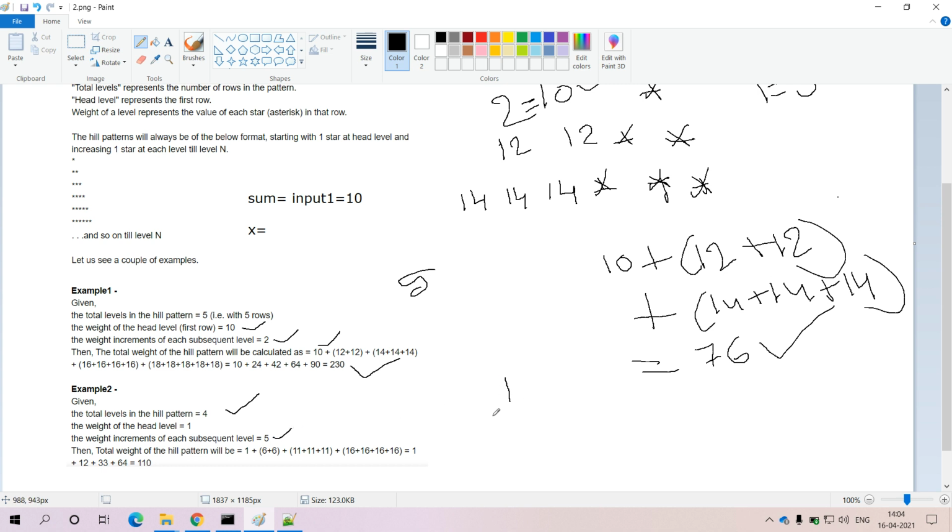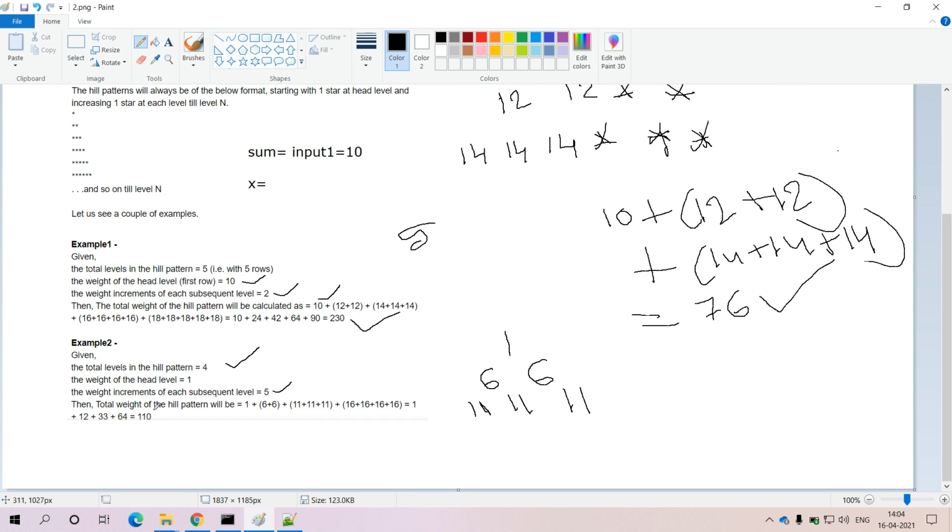From the second level onwards, in the second level we need to get two elements. That is 1 plus 5, in the sense you will get 6, and within the third level 6 plus 5, in the sense you will get 11. That too, within the third level we need to get 3 elements. Likewise we need to continue the process, and finally for this input 4 1 5, the output that we are going to get here is 110.